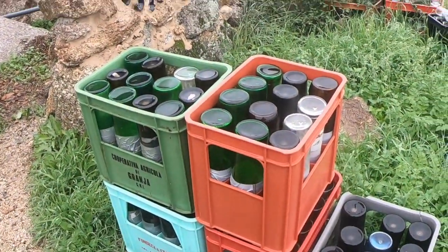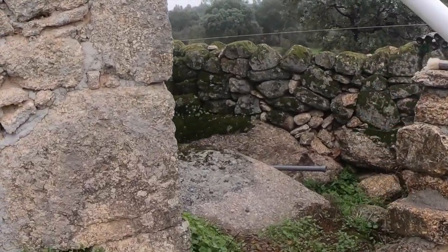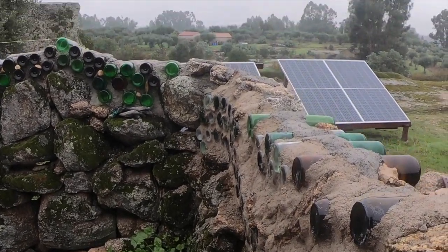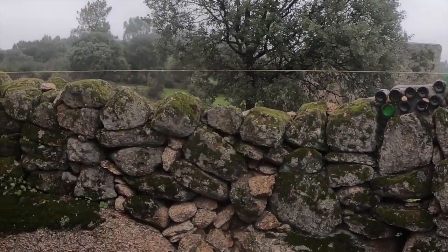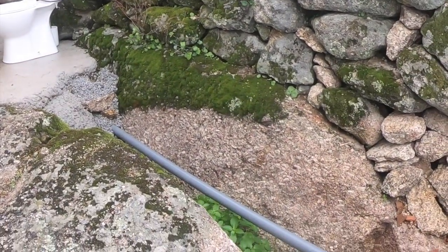Here's a whole lot of bottle bricks here. There's more over there. I need to clear up that bramble. But what I've got to do is, I've been wanting to do more work on this wall, but with the weather being like this, I'm not building in this weather. But I've got to fill in this channel over here